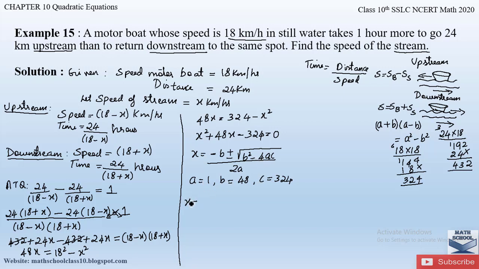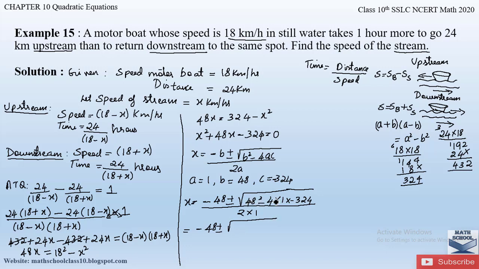Therefore x is equal to minus b plus or minus square root of b square, that is 48 square minus 4 into a, which is 1, into c value, which is minus 324, divided by 2 into a value, which is 1. So this will be minus 48 plus or minus square root of